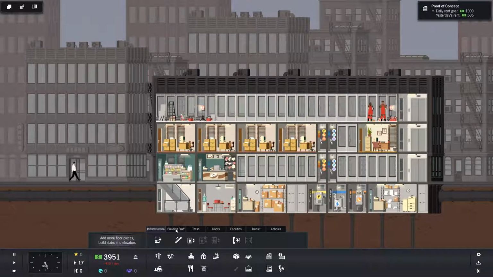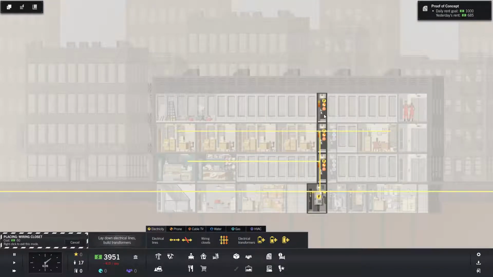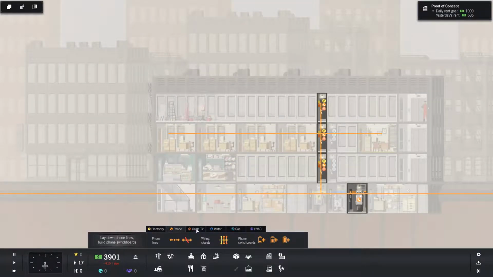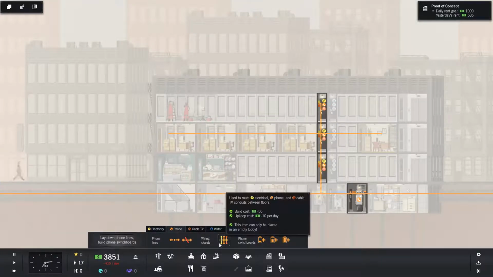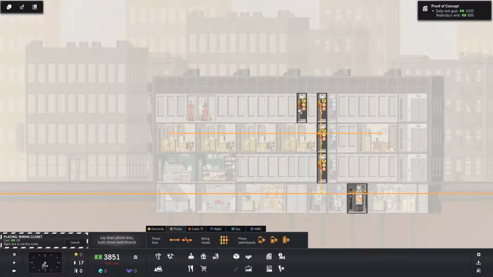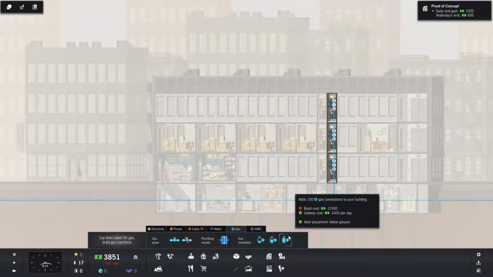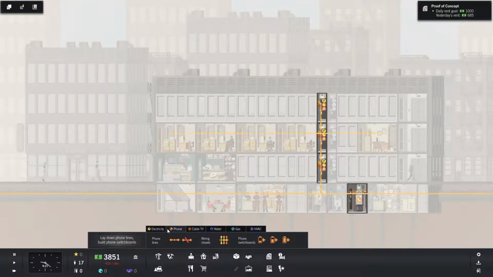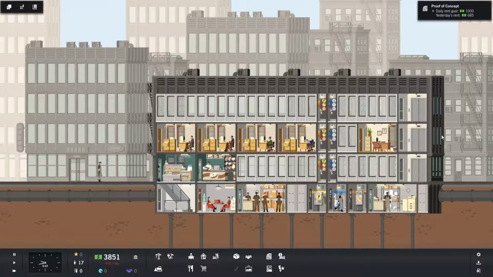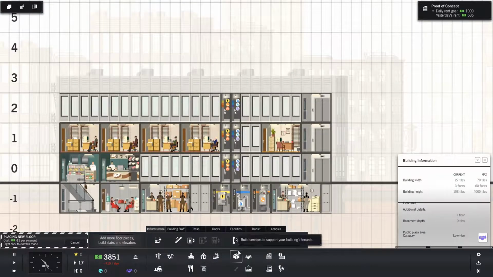Oh, and then the utilities. Can't forget these wiring closets. Oh, water goes up. Yeah. And then gas goes through the same one, and HVAC. So we only need the two forms of wiring closets right now. Good. Now on the other side, let's go ahead